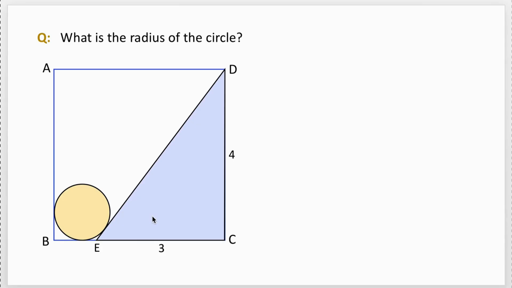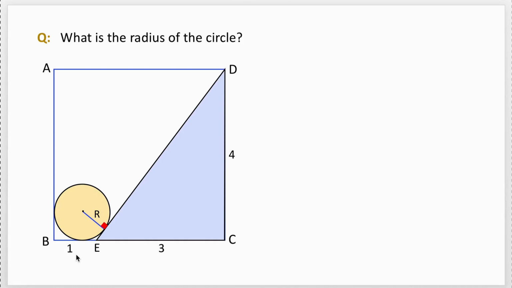A circle sits inside a square with side lengths 4 and touches two sides, BC and AB. You are given another length of 3, EC is 3, and we are going to find the radius of this circle. We denote the radius of the circle by r,